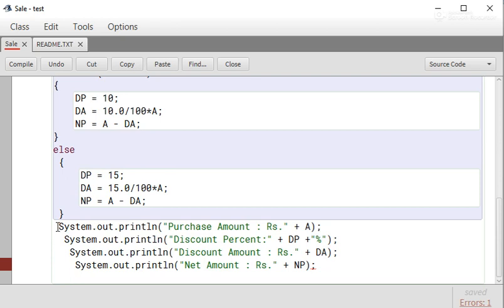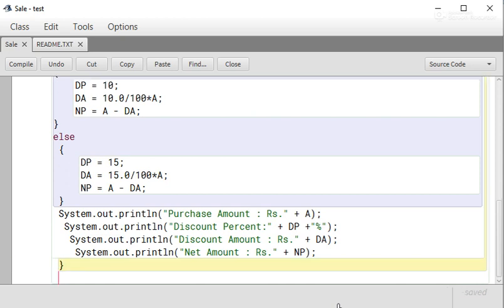In this program we have given four outputs: purchase amount, discount percent, discount amount, and net amount. Then close the curly bracket. If you have completed, then close the curly bracket of main. After that close the curly bracket of class.